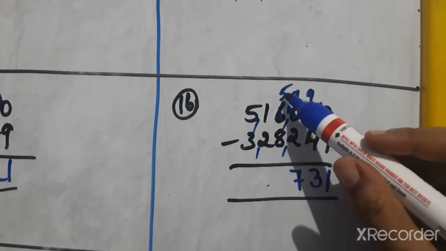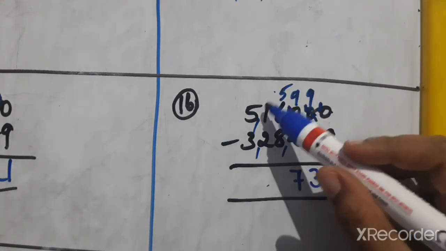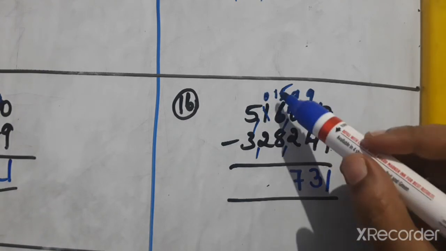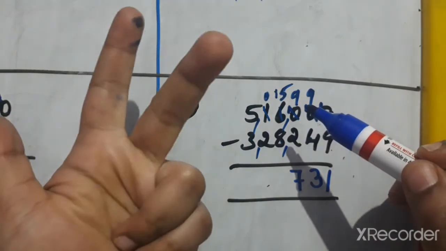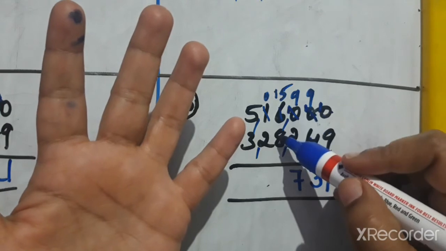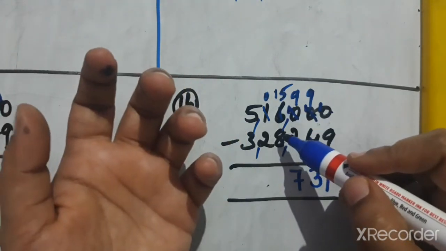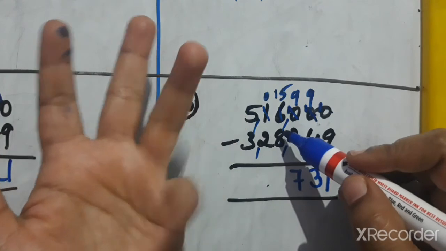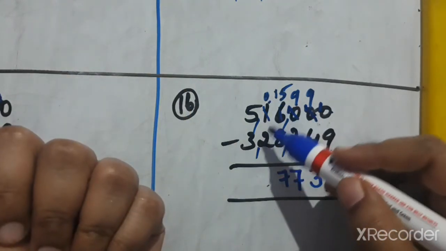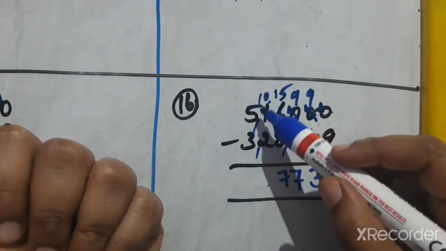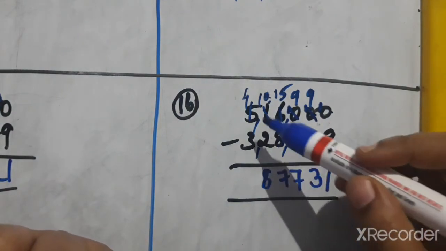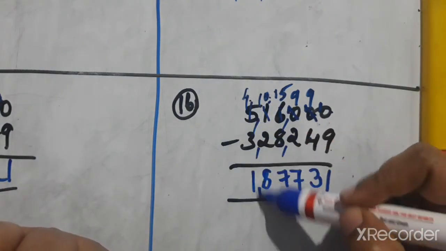Okay, now 5 minus 8, again we can't subtract, borrow 1 from next number, so here 15, and this will become 0. 15 minus 8 means 9, 10, 11, 12, 13. So 13 means how much we have to add? 15 minus 8, so 8 is over 9, 10, 11, 12, 13, 14, 15. How much? 7. Now here 0 minus 2 we can't subtract, borrow 1 from here, so here 10, and this will become 4. 10 minus 2 is 8. Now 4 minus 3 means 1.